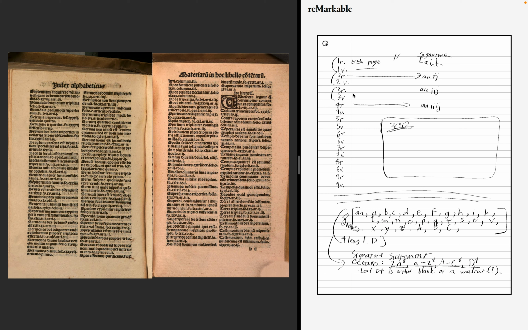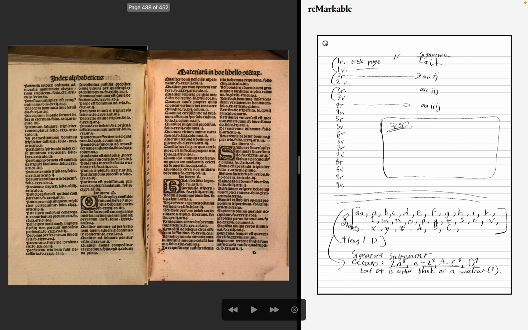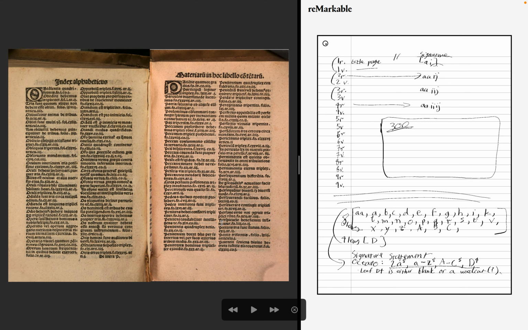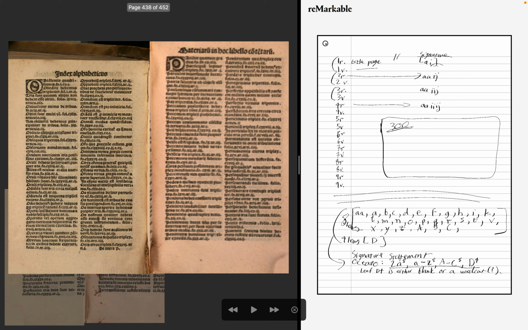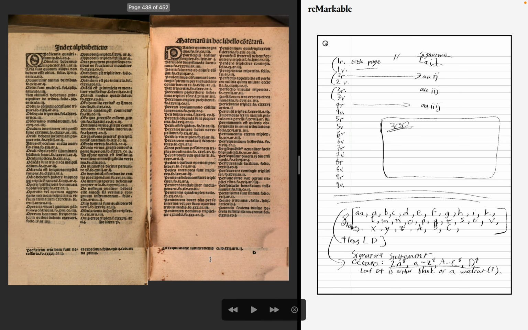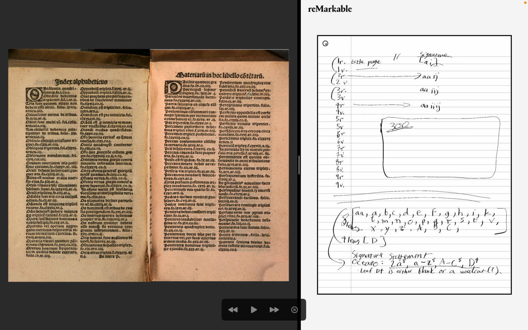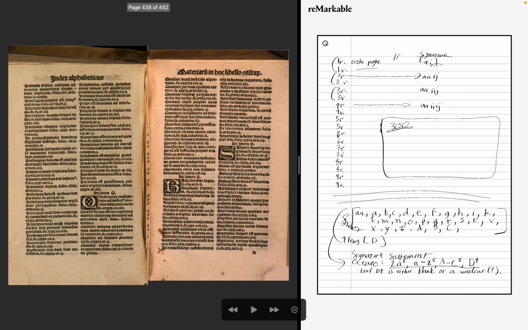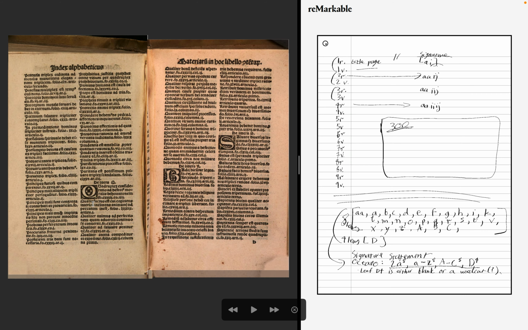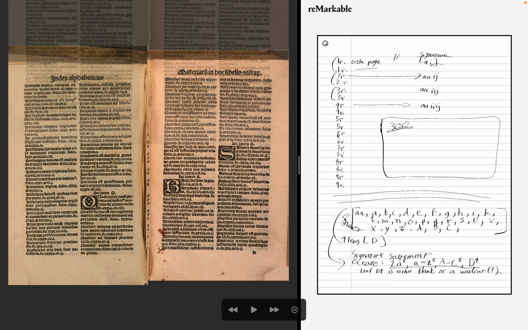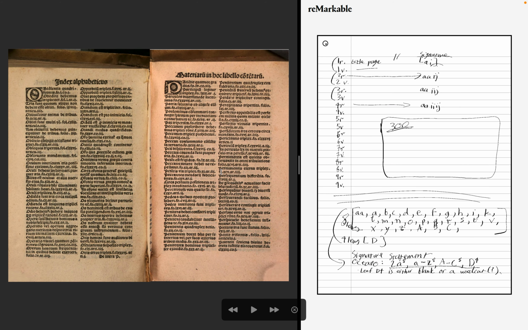So both these signatures and the 300 field are recording what's called the ideal copy. So let's say that your copy that you're cataloging, and you can even do this with original cataloging, is missing this page right here, which would be leaf C7, no, C8. Leaf C8 was missing, where it says materium in hoc labello contenarum, and then index alphabeticus on this side. If this leaf was missing, it got ripped out by accident or something,